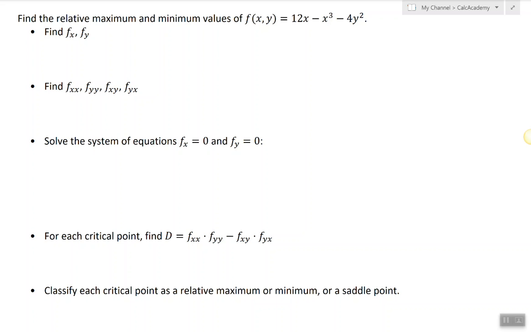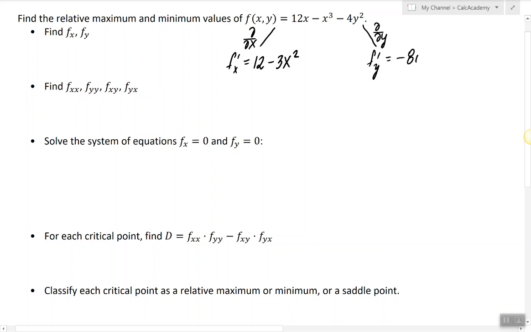In this video, we'll show how to find the relative maximum and minimum of a multivariable function. First, we start by finding partial derivatives of a function, and let's do it with respect to x first. So, the derivative of the function with respect to x is simply 12 minus 3x squared. Derivative of this function with respect to y is